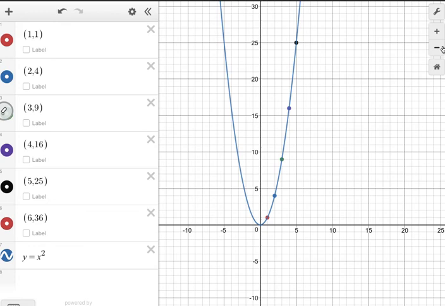Believe it or not, they use this shape for a lot of stuff. Those of you that play sports, anytime you punt a football or you kick a ball in the air or shoot a basketball, it travels in a parabola, a negative parabola. Here, watch. If I make it negative, it'll flip.